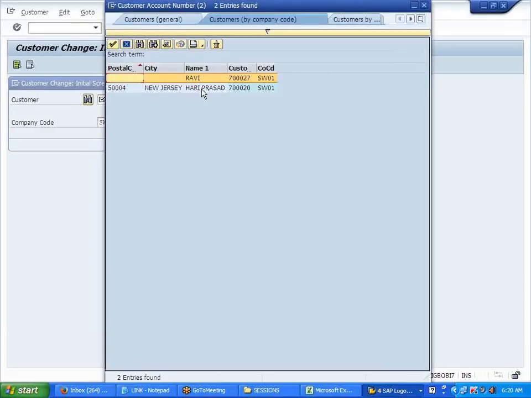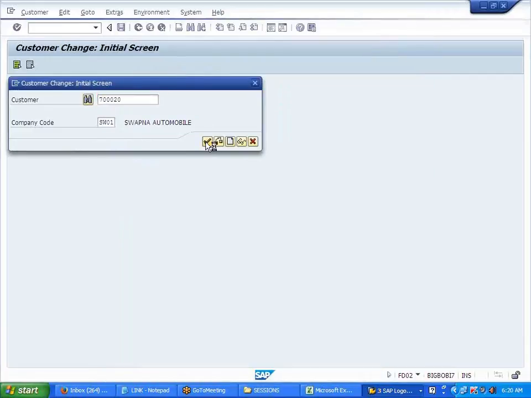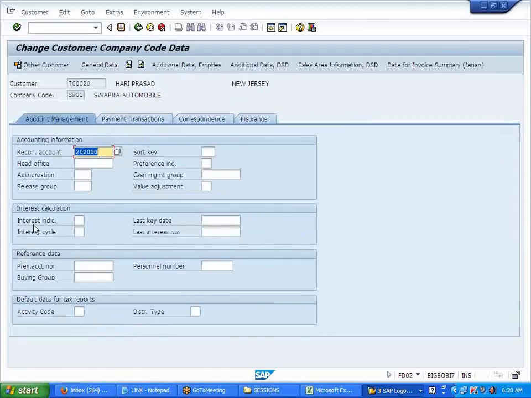Company code data, here, interest indicator. It's WC. Save it.